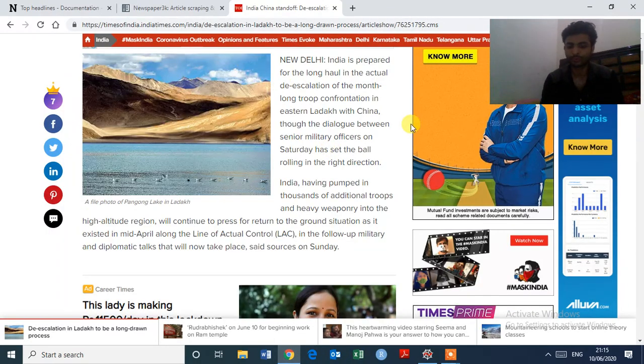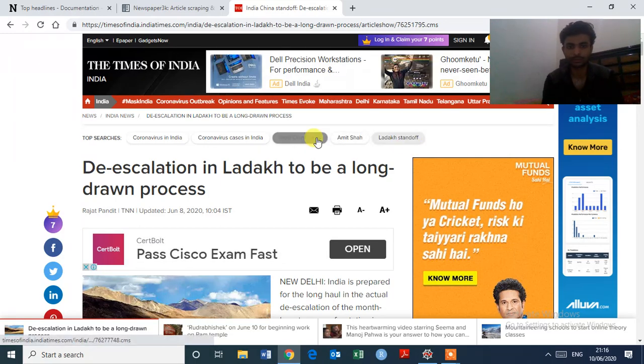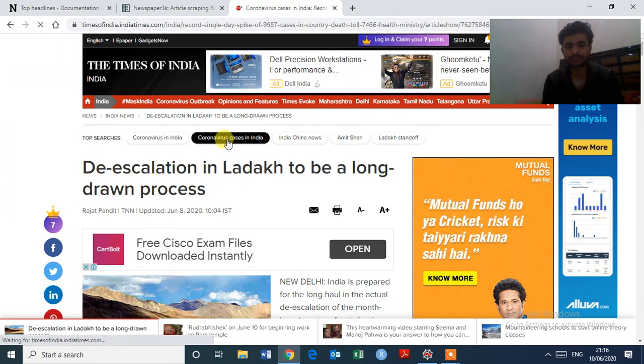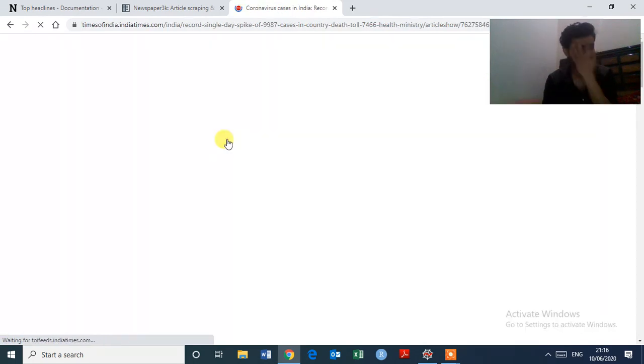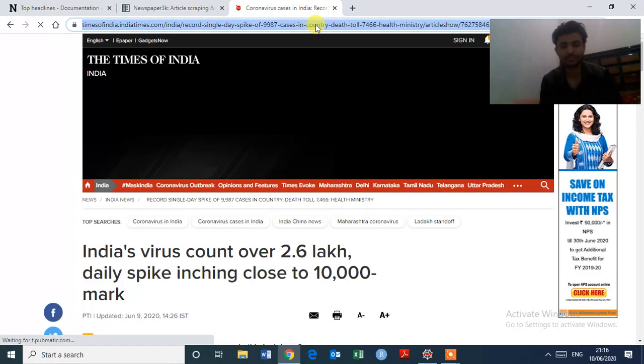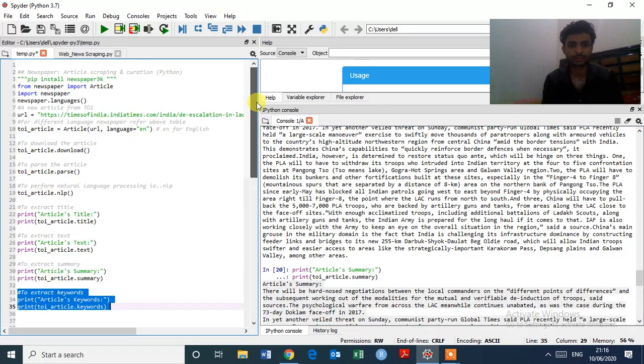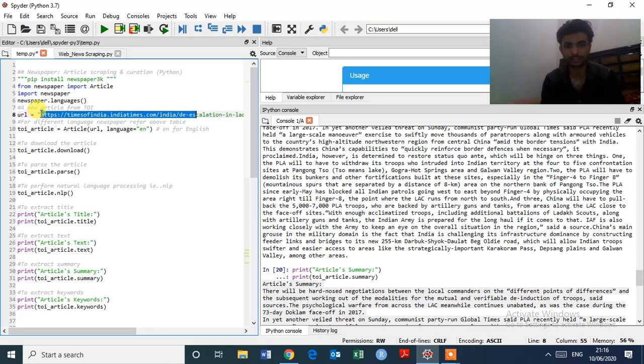Or if you want to extract more information, like coronavirus cases in India, you can select this URL and just paste it here.